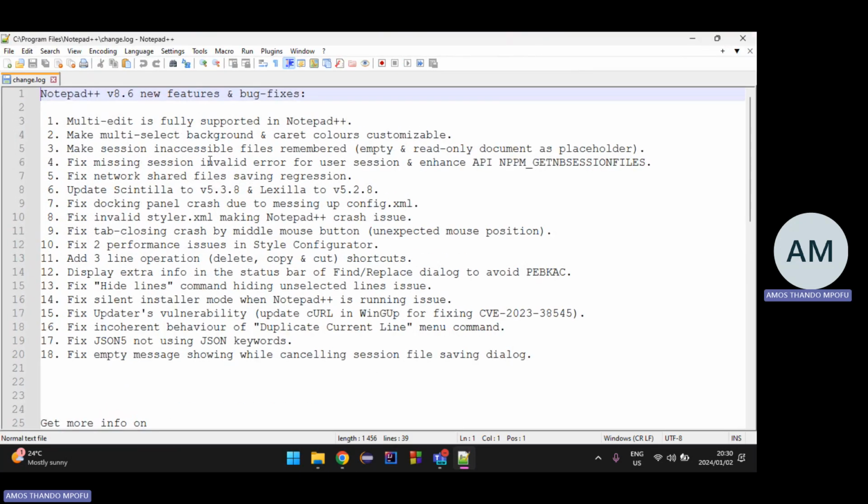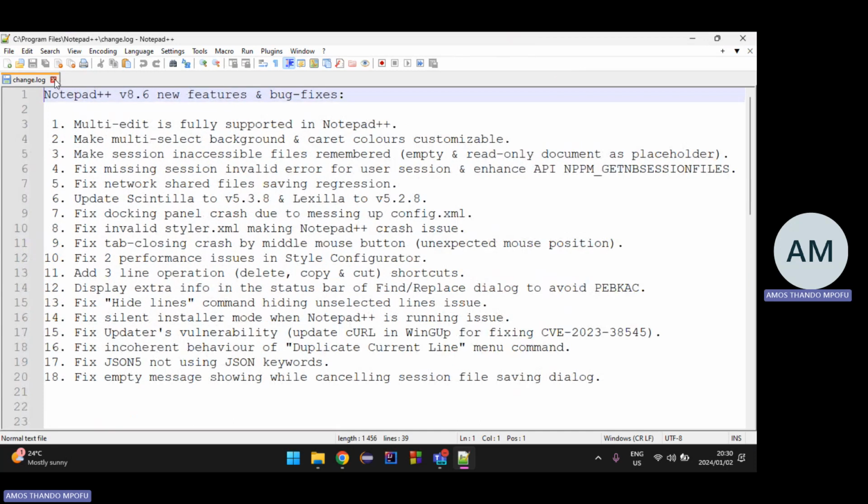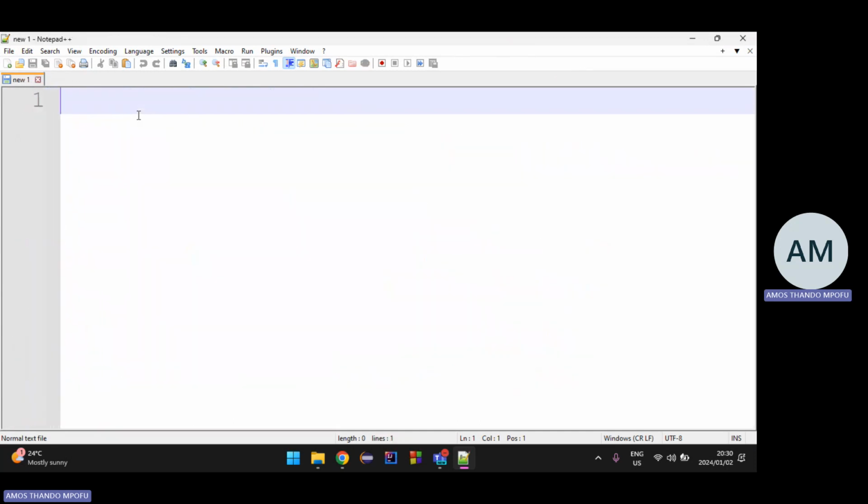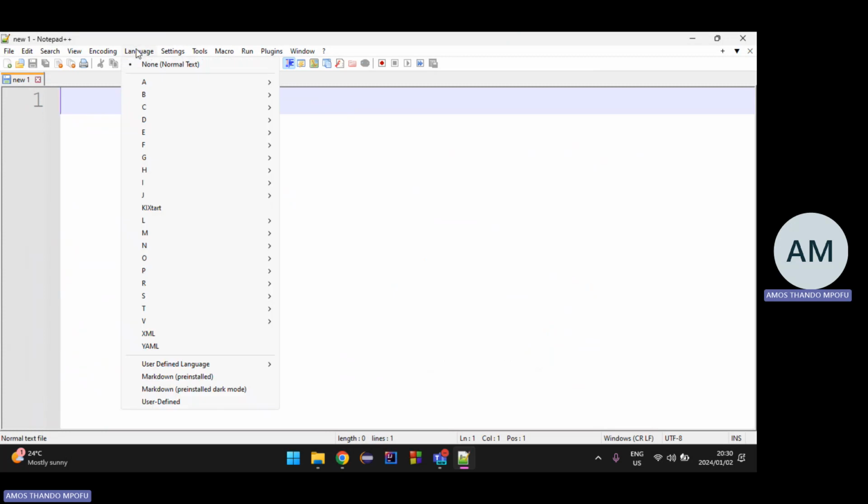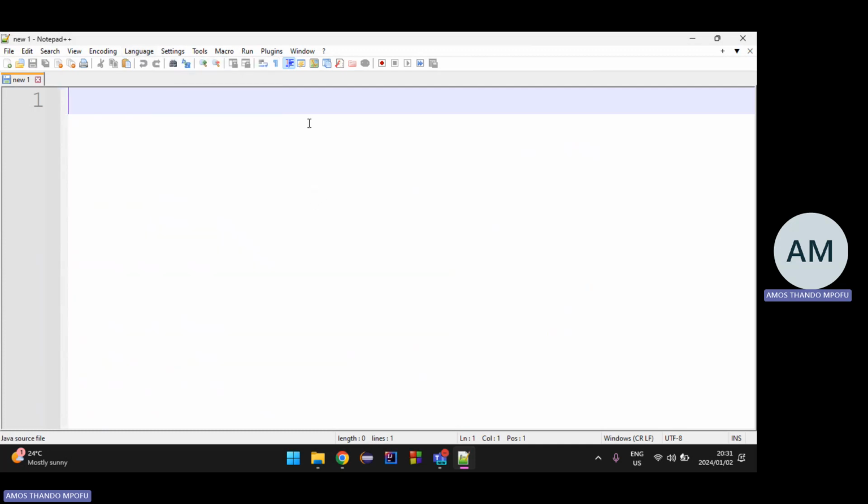So there's Notepad++. This is just a text editor, not an IDE. It doesn't have all the other special tools whereby it can format and put in the specific number of lines required, etc. You see, there are also other languages, there's Ada. This is just for highlighting. I'm going to choose Java here so that it knows I'm writing Java.